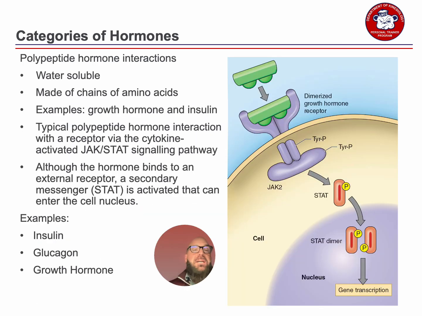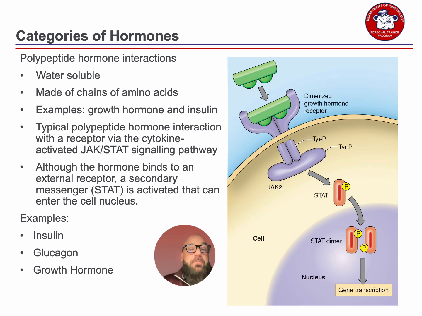All right, polypeptide hormone interaction. So these are a little different. They're water soluble. They're made of chains of amino acids. So two examples of this would be growth hormone and insulin. Typically, polypeptide hormones interact with receptors via cytokine activation. Don't get too worked up over all this stuff. It's just to understand that obviously this is a very complex system that has a lot of moving